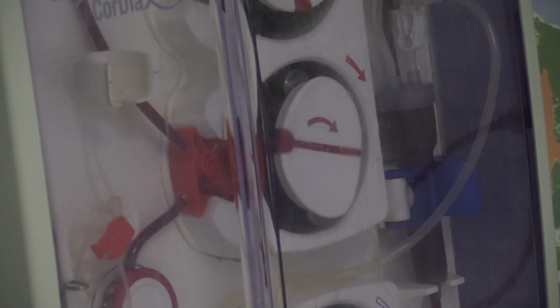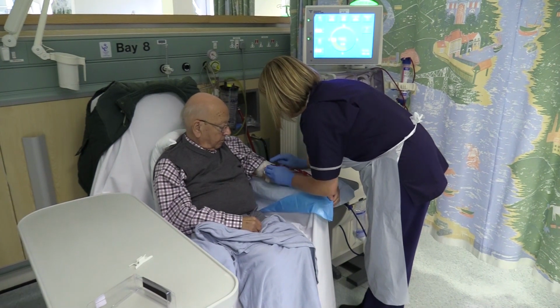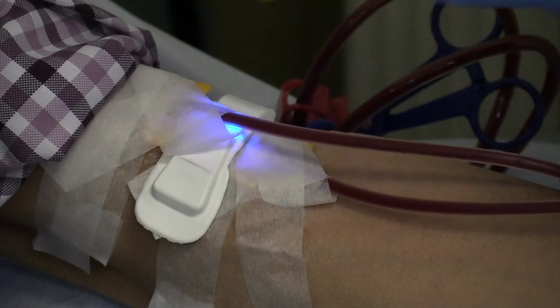We usually connect them up to the machine using the fistula needles, and in this case we've been applying the patches. We've placed the patch above the fistula site in between two needling points, and it's been fairly straightforward to use, very pliable, no issues when we've been applying the patch. The patients have had no reactions. It's been very successful as far as I'm concerned. It doesn't interfere,